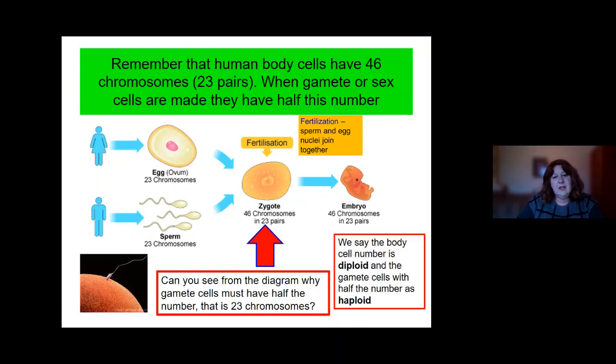The other thing to tell you is that we always call the body cell number the diploid number. So 46 in humans is the diploid number, whereas the gamete cells have half the number, and we call that the haploid number. So let's have a little look at these arrows now to try and work out what processes of cell division are going on here,